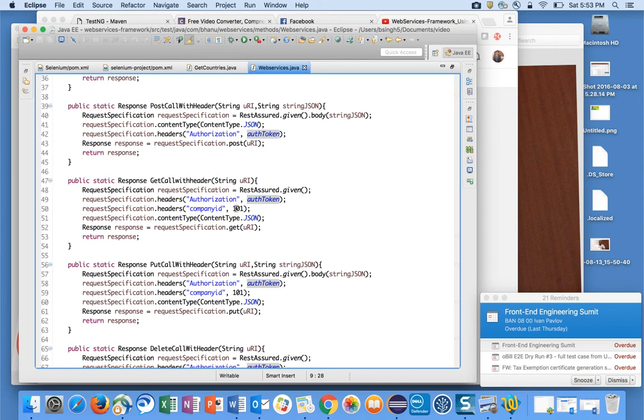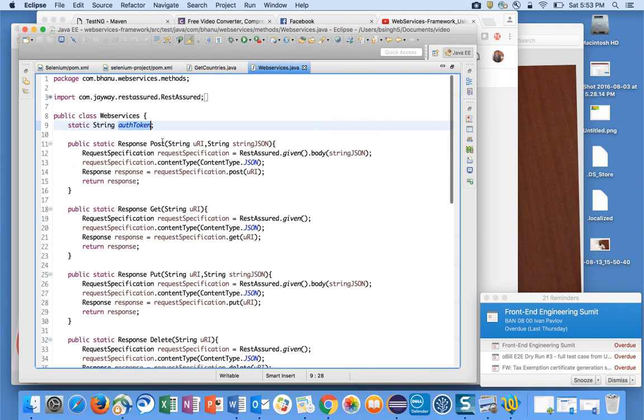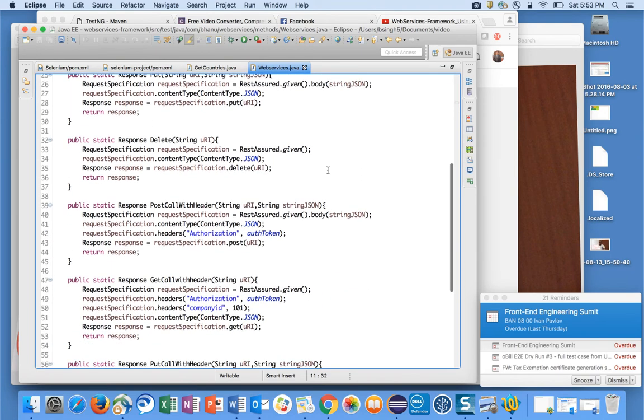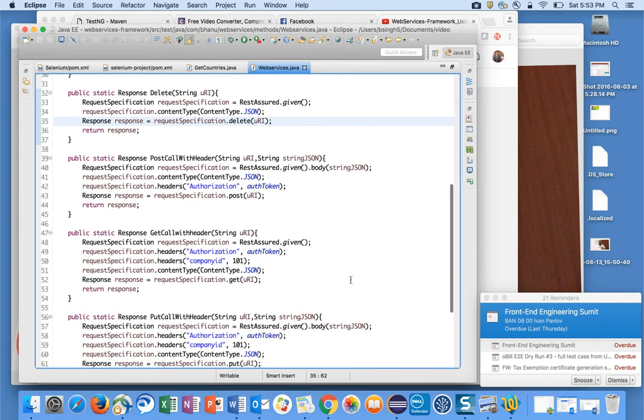So what you can do is, I have created duplicate methods. Here there were post, get, put and delete, these 4 methods with no header and no authorization type. Now let's say your application has authorizations, and you have some other headers also to supply whenever you make a call. You can make another method, or use the same method. Why did I make another? Because I already made a video before this, where I have not used authorizations and headers.